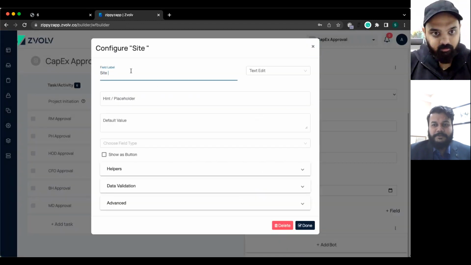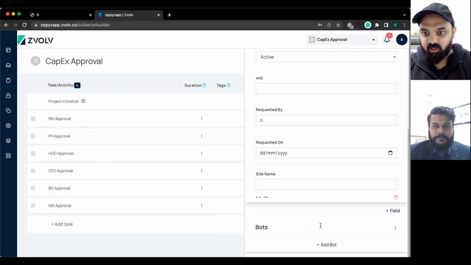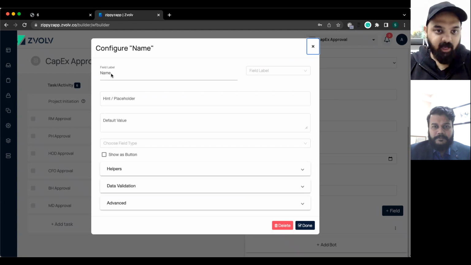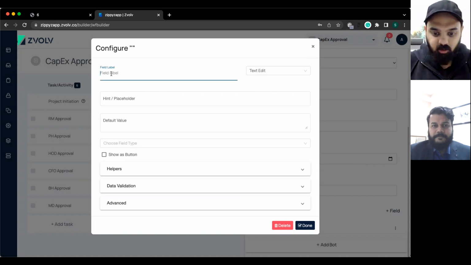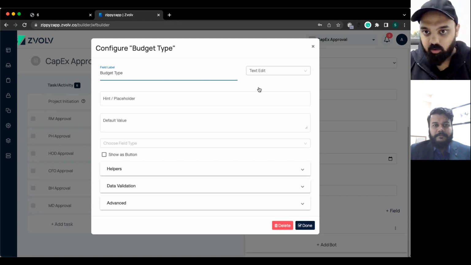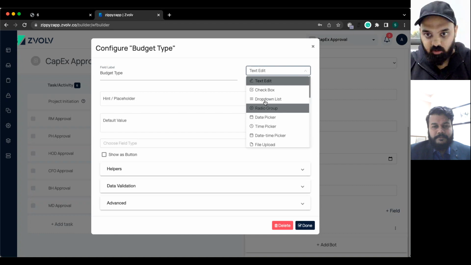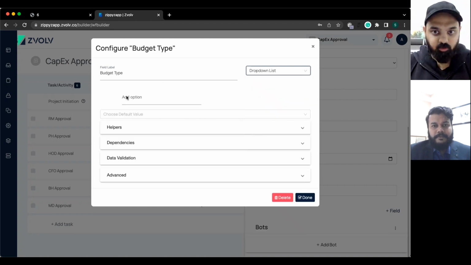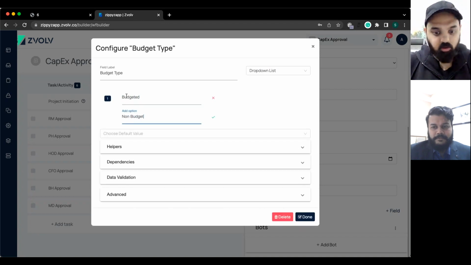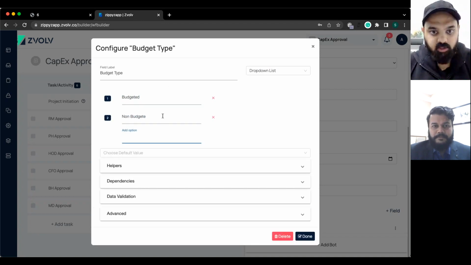Absolutely. So site name, I'm keeping it a text field. User can input it manually. Then budget type, I'll configure a drop down because we have two predefined options. Budgeted, non-budgeted.